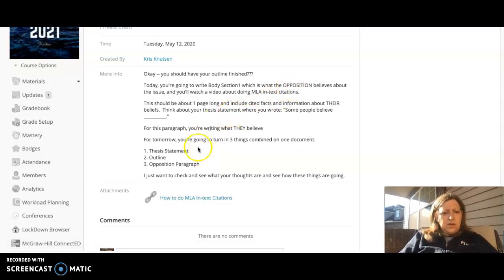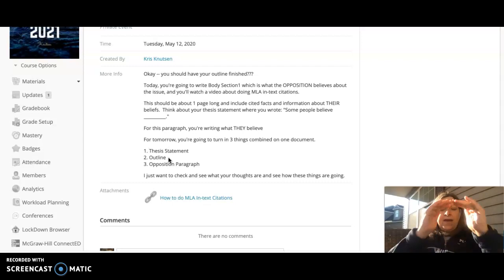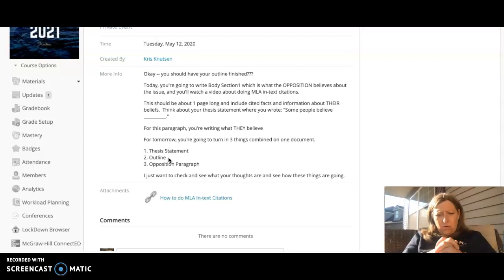Then you are going to cut and paste, please, into one document the thesis statement that you've already written, your outline. Remember, it does not have to be full sentences. You are not writing your paper in an outline. I am just wanting you to kind of get your head in the game and organize your thoughts, like, okay, this makes sense, this makes sense, this makes sense, and start putting together that roadmap.